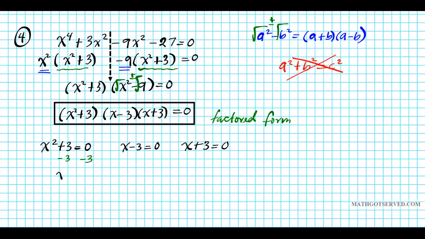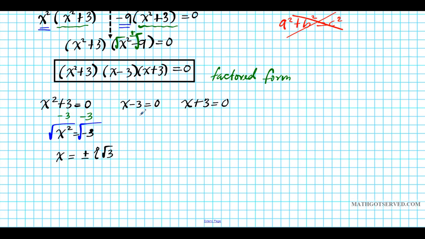So we have x squared equals negative 3, and then we go ahead and take the square root of both sides, and that gives us x equals plus or minus, now the square root of negative, remember the square root of negative 1 is i, radical 3. Okay, so those are the first two roots, and then here just simply add 3 to both sides, x equals 3, and then here you subtract 3 from both sides,